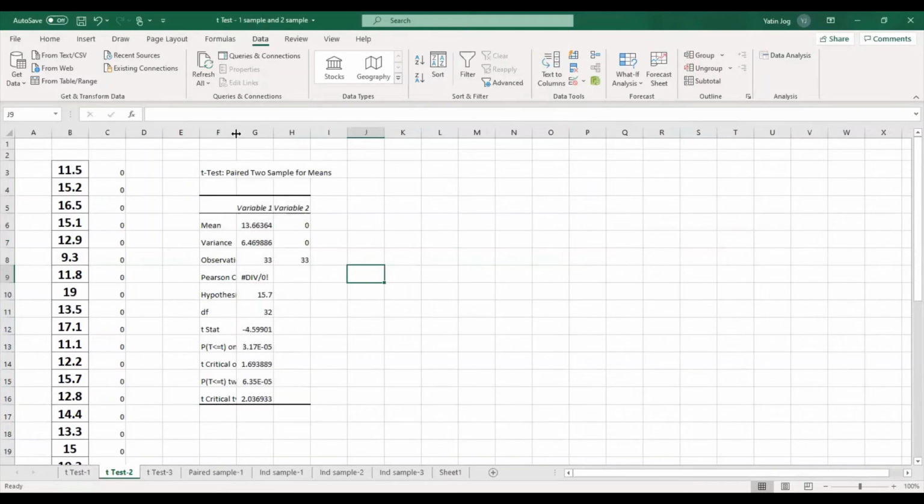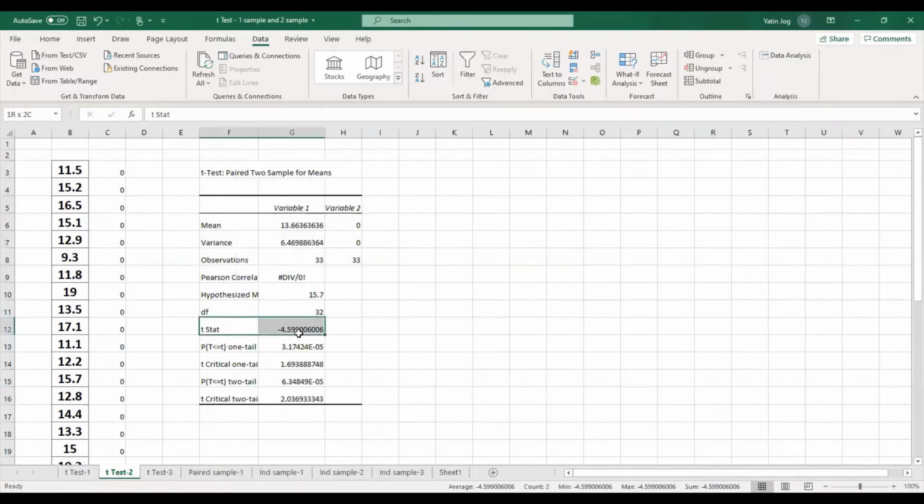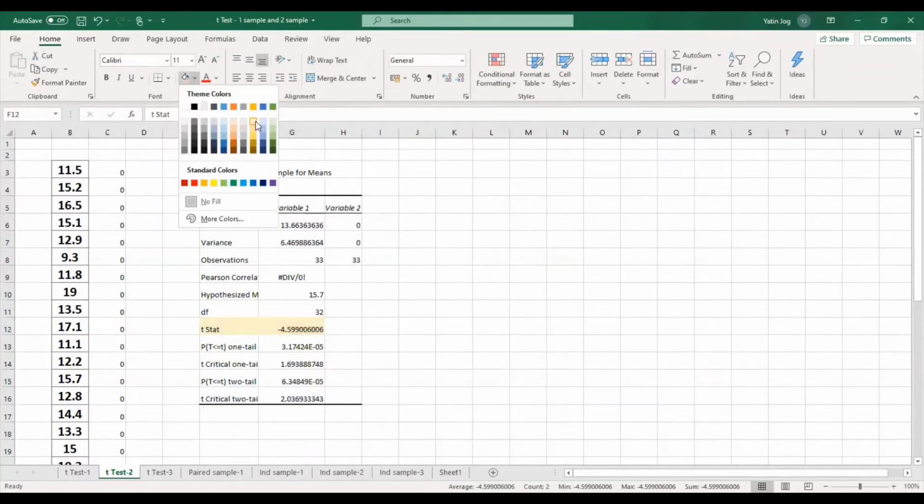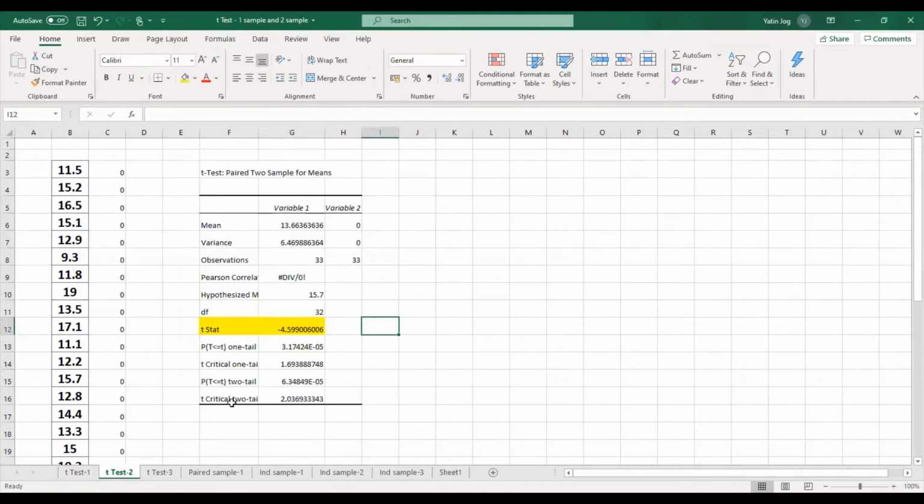So the value I'm getting is the t statistic, which is the calculated value, as 4.5. If I take the mod, that comes as 4.5. And the critical value, which is the table value, is 2.03. So now, can I say that the mod of the t statistic, the mod of the calculated value, which comes as 4.5, I'm comparing with 2.03, the table value. These are the two values, 4.5 and 2.03. Is my calculated value less than the table value? The answer is no.